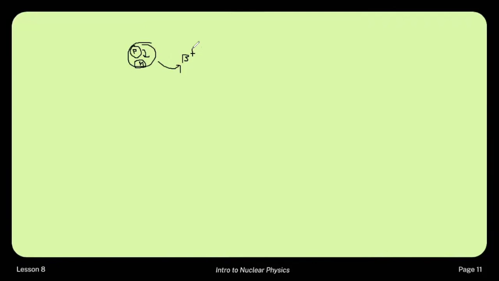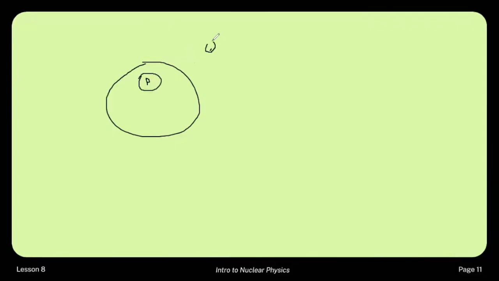So we can think of this as one method of getting rid of that extra positive charge that's hanging out in the nucleus due to the excess of protons. That's the method that we're familiar with. Another thing that we can do, if we again have that excess of protons in the nucleus, is take an electron that's just floating around the outside of the nucleus, orbiting, and this can happen in an unstable nucleus. The electron gets brought into the nucleus and it gets captured, which is where the name electron capture